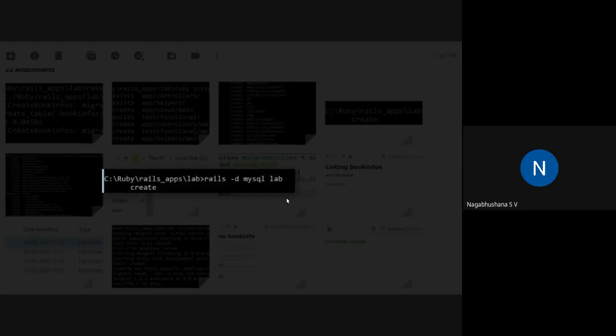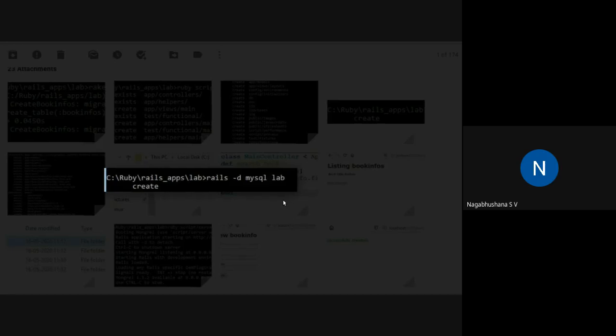When you do this, there are three different kinds of databases used internally from the backend perspective: development, production, and testing. These three sub databases will get connected to lab. Next, R3.